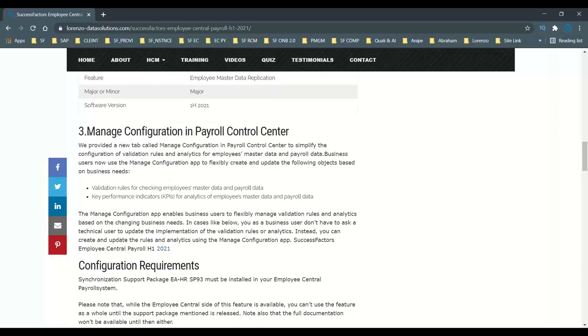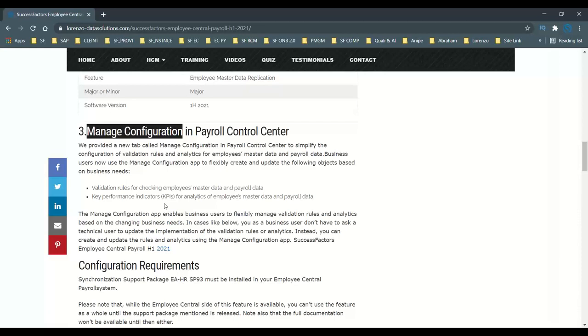You can directly do it in the manage configuration area. There is a tab that will be available from H1 2021, and directly from there you can check employee master data, payroll data, and key performance indicators, KPIs, that show the statistical information about the master data, payroll data, or time data, timesheet data, directly within manage business configuration.